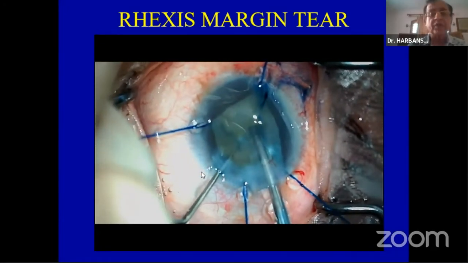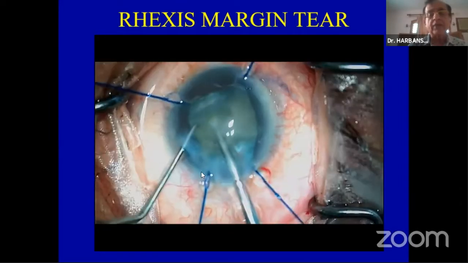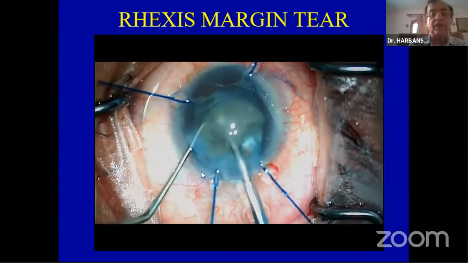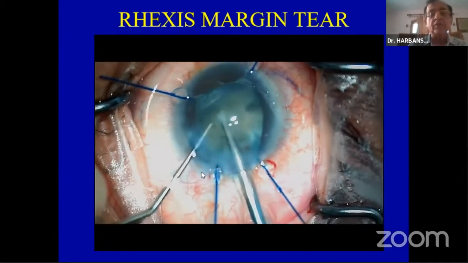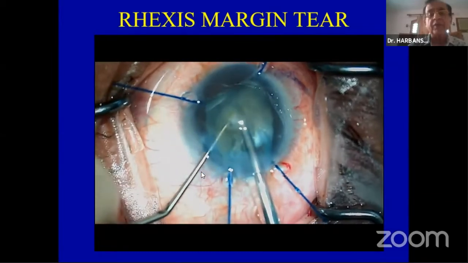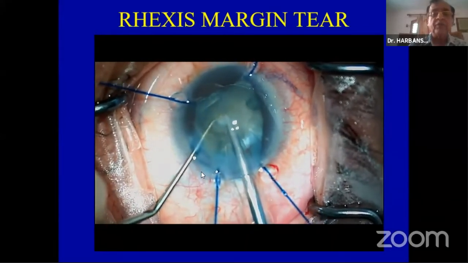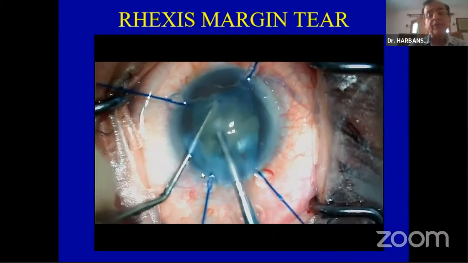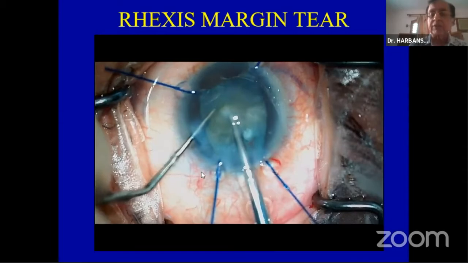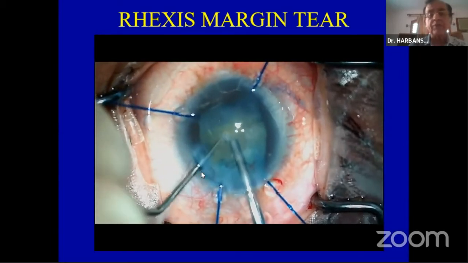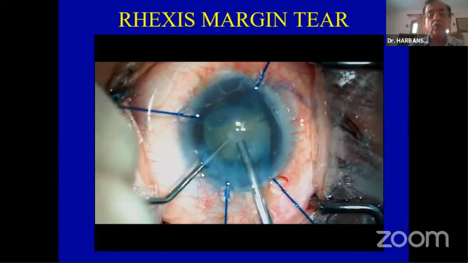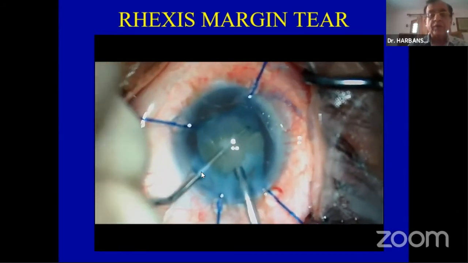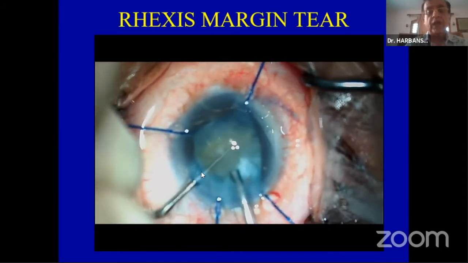Do very gentle separation and make sure that at least the pressure is not on this site where the capsule has been cut. Now we prolapse this. The nucleus is not very hard. I mean, it is of course mature, but not very hard. And the phaco parameters are a little on the lower side. Normally, if I operate at 550 or 500, in this case it will be 400 millimeters of mercury of pressure. The flow rate will also be a little on the lower side, so that the chamber stability is always maintained.